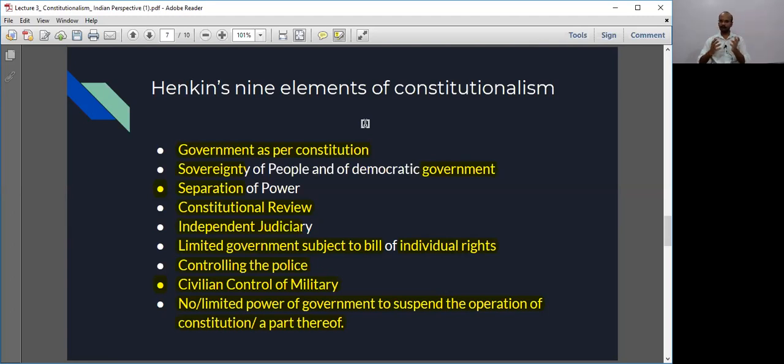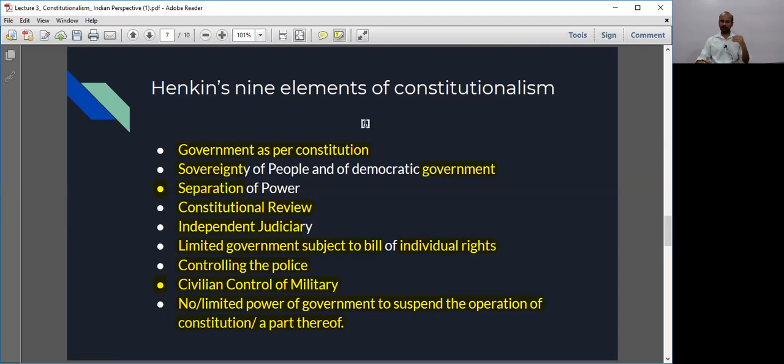Similarly, we look at limited government subject to a Bill of Rights. So do we, as people, enjoy all the rights, or do we not enjoy all the rights? When we talk about enjoyment of rights, we should also focus on another aspect: even if you are enjoying them, you should think about the other sections of society. Let's say you talk about education. Merely having access to education does not mean that you are empowered with it. So the real purpose of education should be sought, and what are the key ideas or institutions which are in place, or not in place? This comes under question.